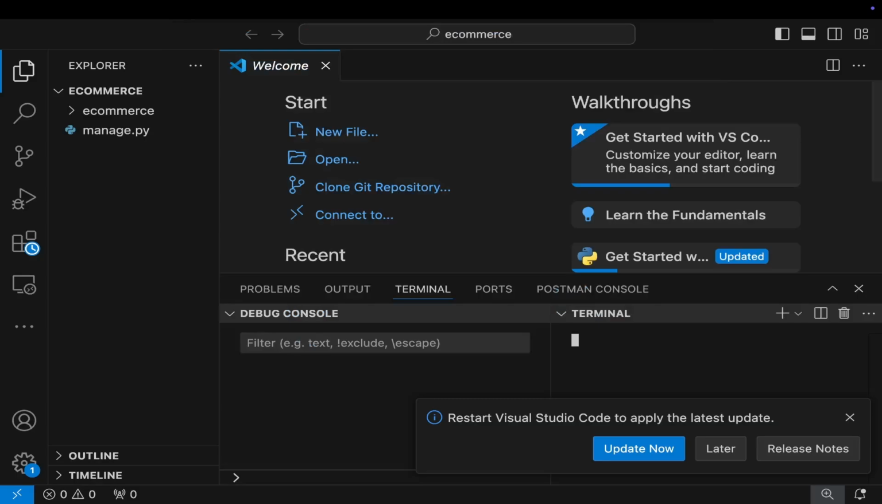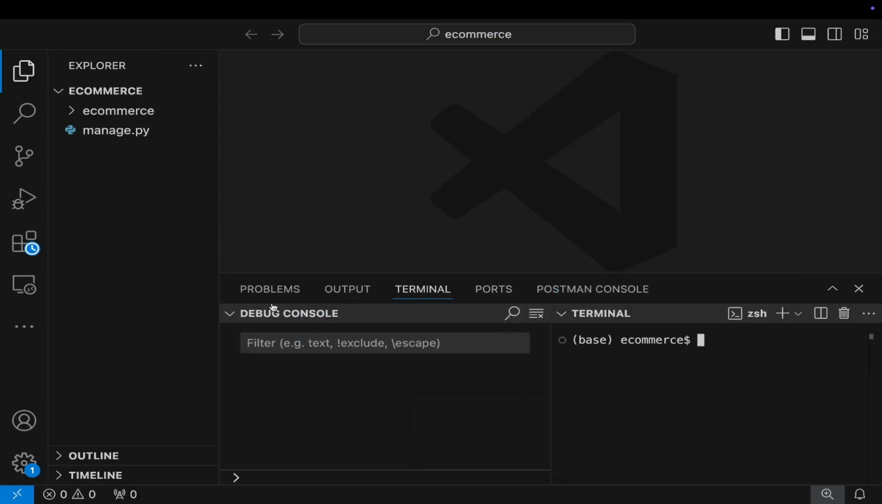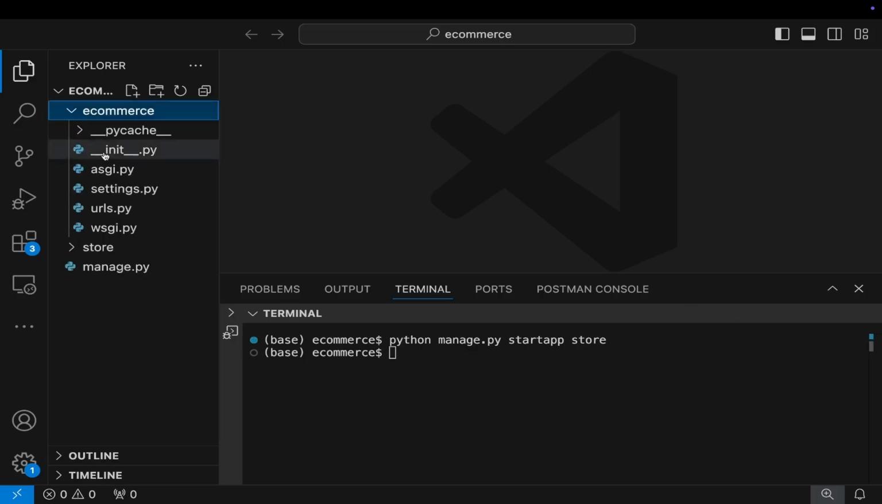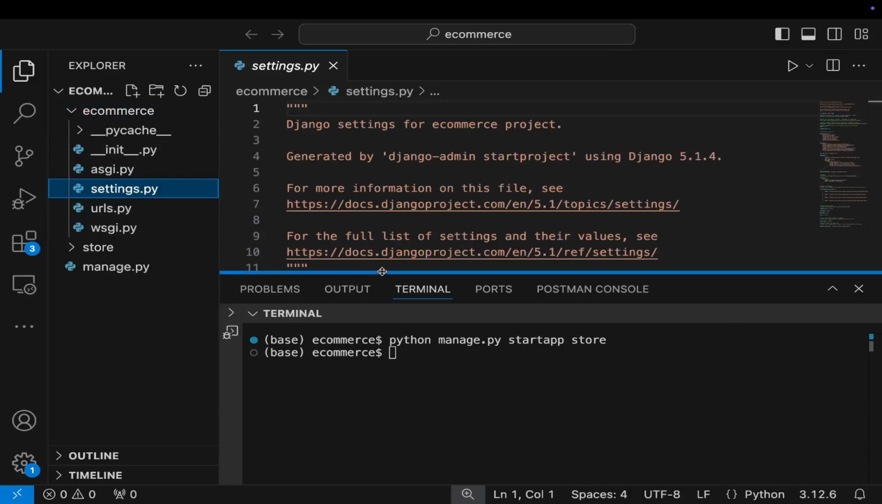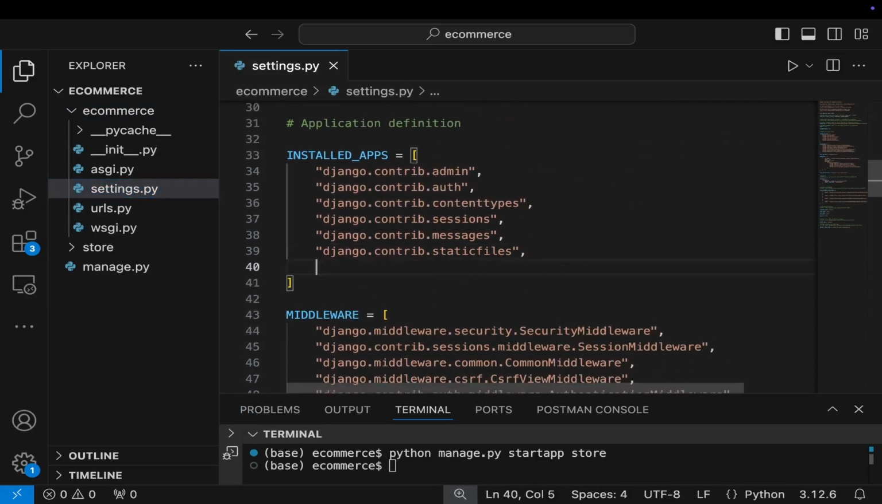So let me try to open a terminal quickly, and then I can cancel all this and create a new app and say python manage.py startapp store. Okay, then we can go to the installed apps and register this app, and this will be